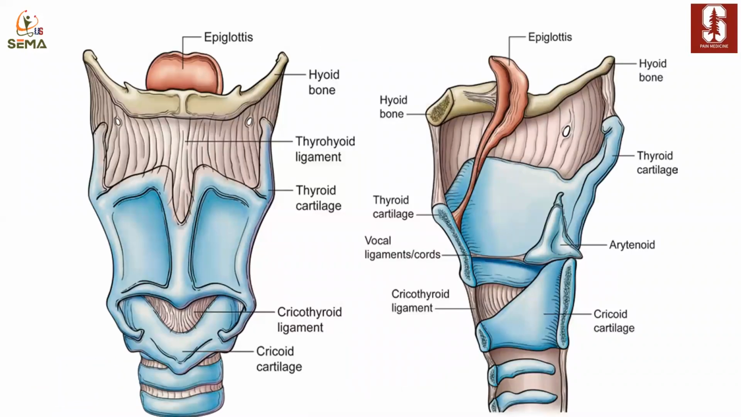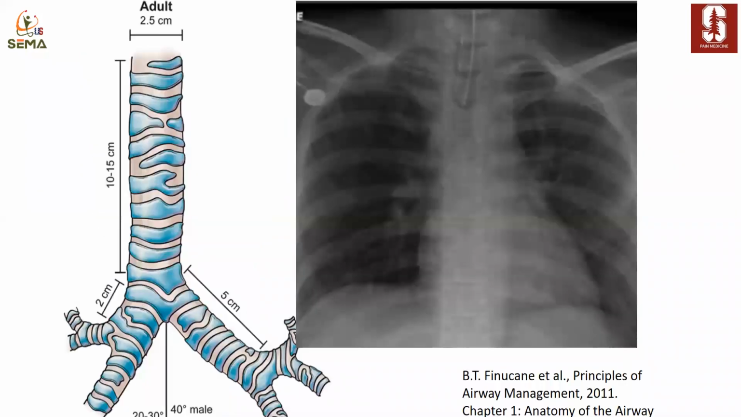This is the AP and sagittal view of the trachea. Again, this is the epiglottis. See how it's attached to the thyroid cartilage. Then here we have the thyroid cartilage, cricoid cartilage, and remember here the cricothyroid ligament, and then the tracheal rings. The hyoid bone is also an important landmark. This is a classic adult